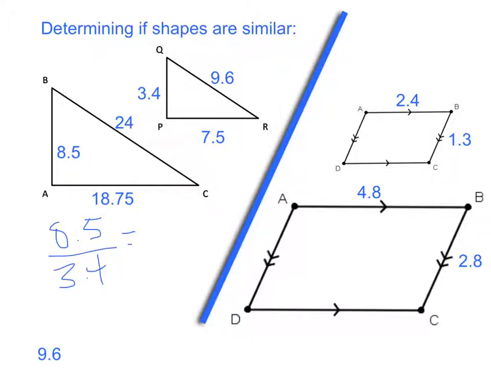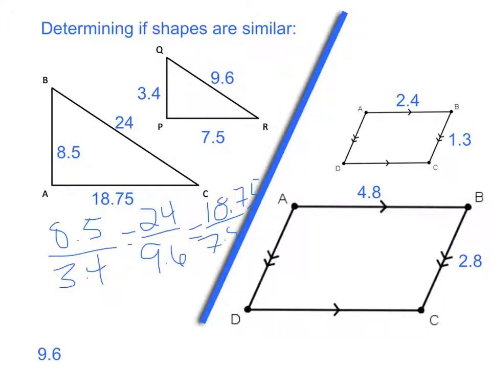The side that is 24 corresponds with the side that is 9.6, and the side that is 18.75 corresponds with 7.5. At this point, we plug these numbers into a calculator to reduce all of the fractions